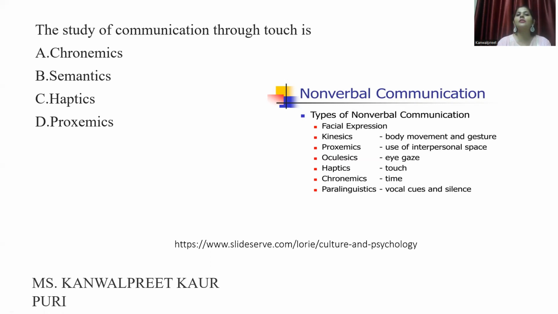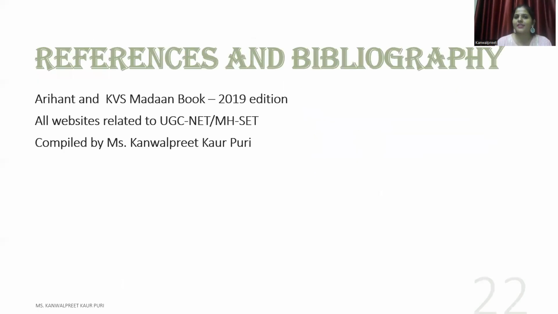Other than this, you should know how a question can be framed on semantics or maybe on chronemics. Okay, so this time the question is haptics, direct meaning. Next time the question may be on a different topic related to this. Okay, so this is all I have taken from the NTA website. If you go to the NTA website from where you download your admit card, there's a download section where you can download all the papers, and sometimes the answer is also marked in that. You just need to use that tab.